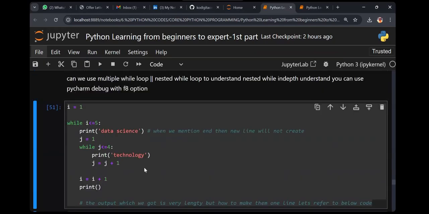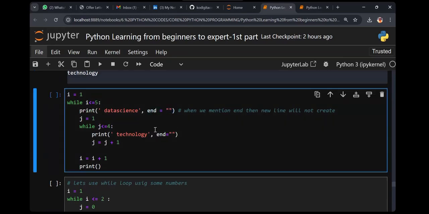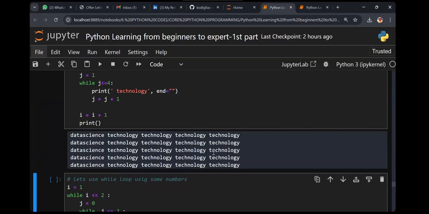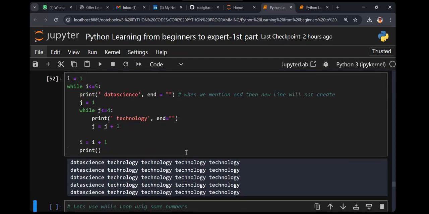So in the same code, if I use end, which one I'll mention? When we mention end, the new line will not be created. So what happened? Check. Do you see this now? Which is better, this one or this one? So why do we use end in the loop? Done, guys? Good. Are you learning while loop? Now for the ones who did not know before, things will be clear. Internally, how things are going on, we're discussing right now.